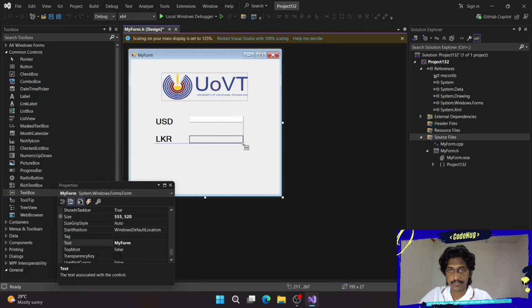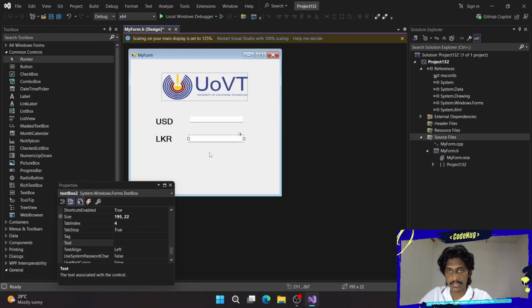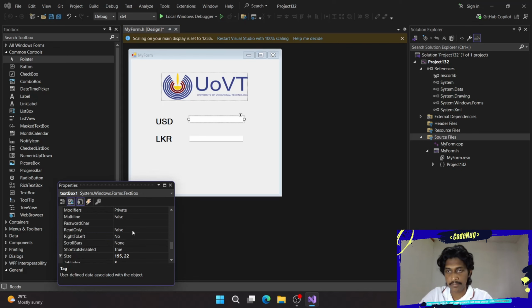And again, I add the text box because when you insert the USD, you need to see the amount of LKR. Select text box 1 and you can see text box 1 appeared here. I don't insert any text here, but I need to